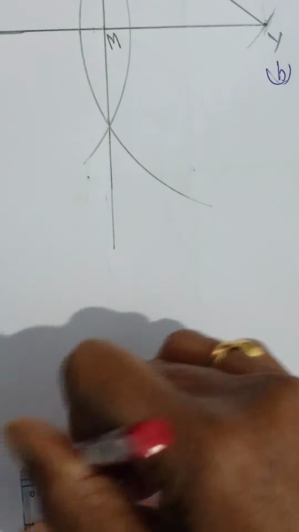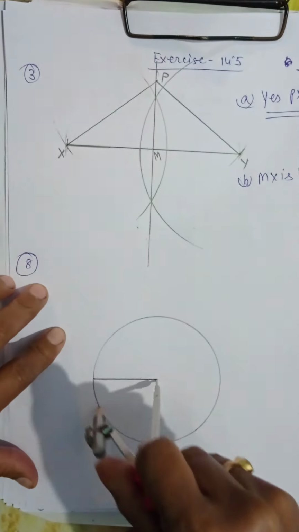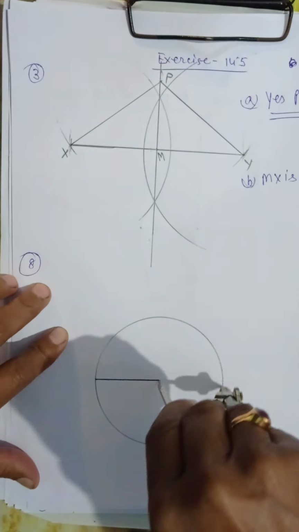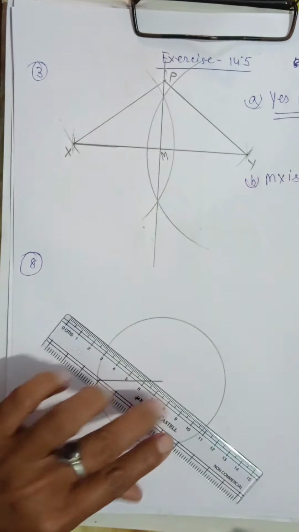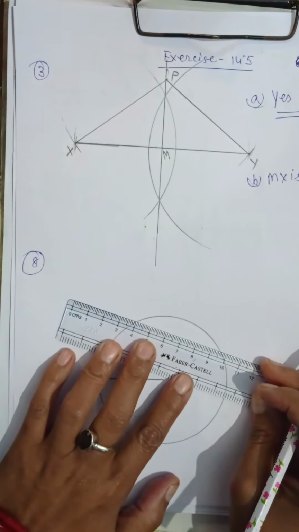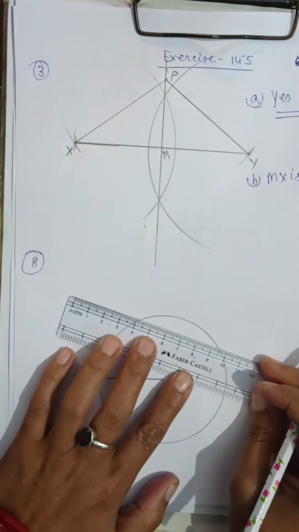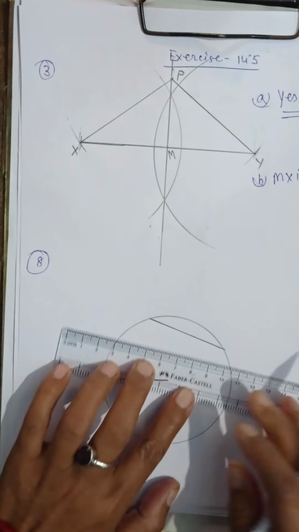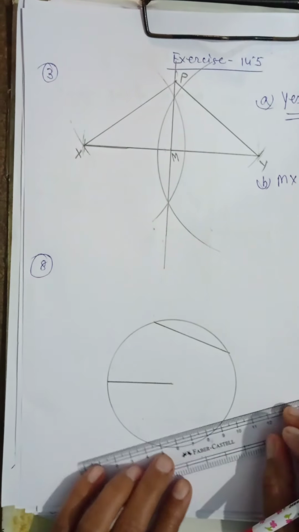So let's mark the center here. Then I am extending this compass. This is the radius, so I am going to draw the circle with the radius of 4 centimeter. Yes, done. Now I have been asked to draw any two chords. So I am not going to take the diameter. I will take any two. So here I am taking one chord, a smaller one. Okay, one chord I have taken. Another one I am taking here. Let's see what will happen.